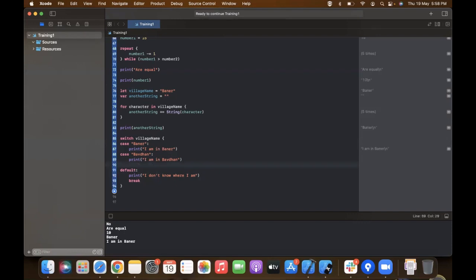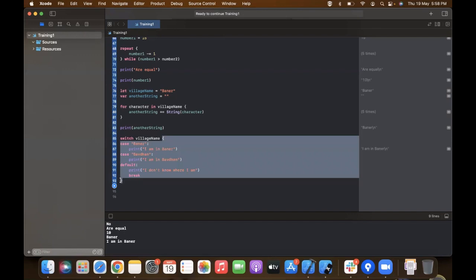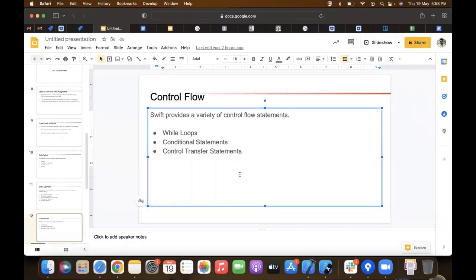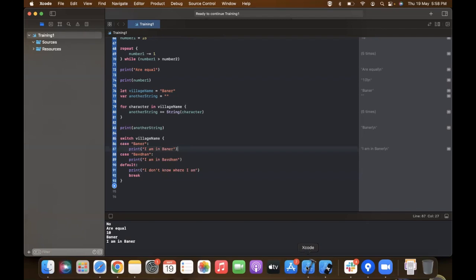Okay, that's the switch statement over here. Here we have seen two things. One is break, which breaks the control flow here. Another one is fall through. Fall through means, okay, let's go to other conditions also, let's check in other cases also. So break and fall through are control transfer statements, these two. There are other control transfer statements also. There is continue, return, and throw. Okay, so we have seen break and fall through. Continue is